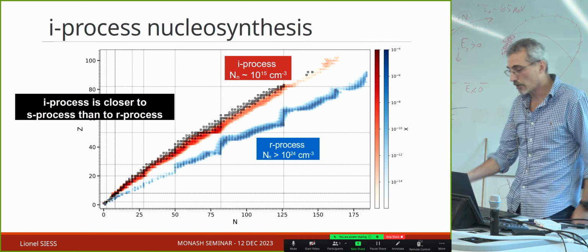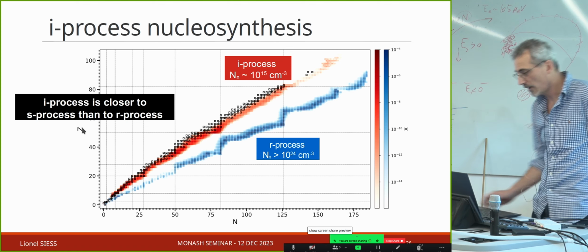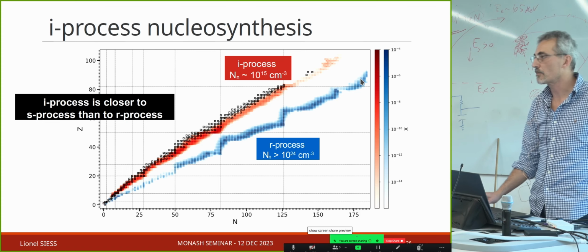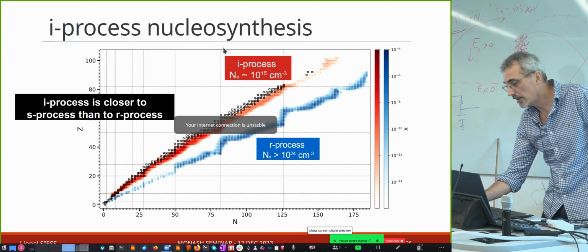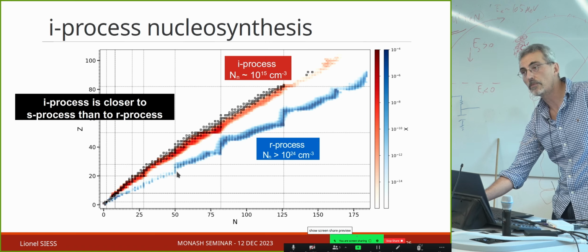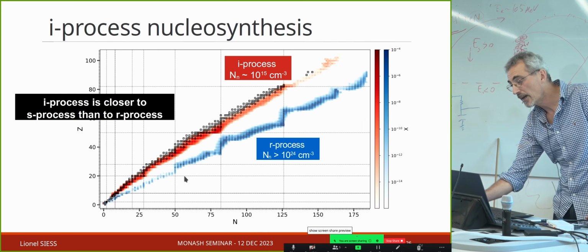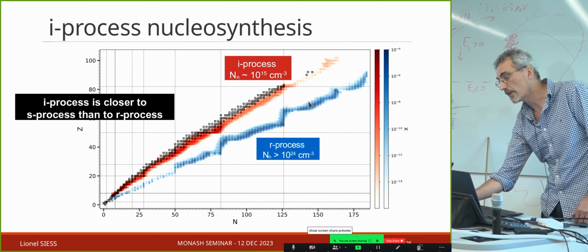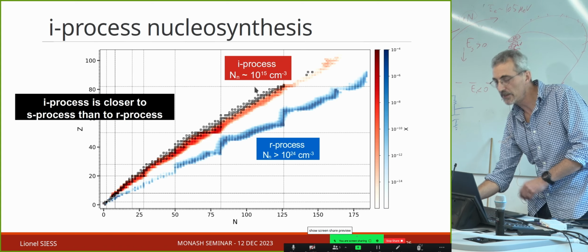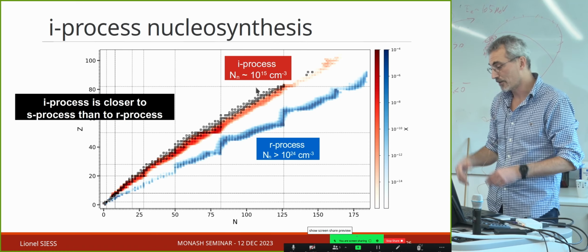So this is a chart of nuclei. You have the number of neutrons, and this is the number of protons. And this in blue is where the R process takes place. So you have very high neutron fluxes. If you start from a stable element, then you will go here to the drip line. Neutron drip line means that on the other side it's unstable. It falls back into that plane. And all the elements focus on that drip line. And eventually, if you turn off the neutron source, all those elements will decay back onto the valley of stability. So this is how you produce some specific